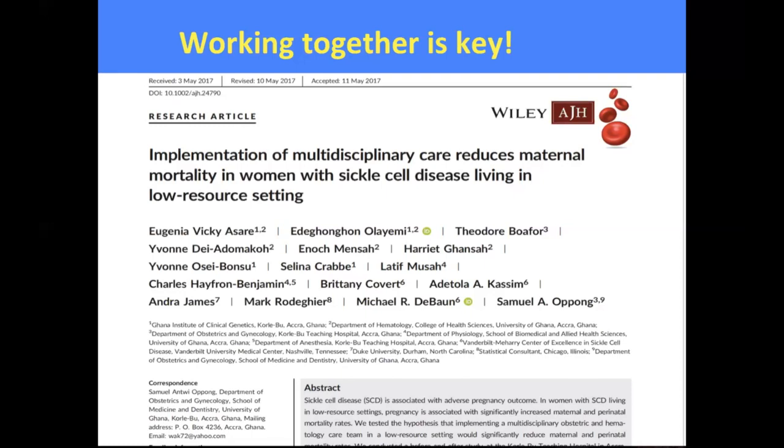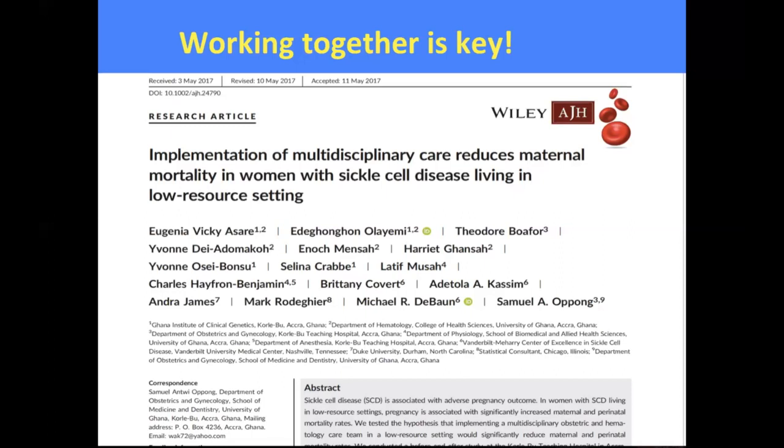So the obstetrician, the hematologist, the anesthetist, nurses, and I can't remember the third person, all came together to see whether there was a way they could profile or come up with strategies that would help in reducing this very high mortality amongst pregnant women with sickle cell. So you see, the obstetrician didn't say, these are pregnant women, they're my patients, so I'm going to do it alone. The hematologist didn't say, these are patients that have a hematologic disorder, sickle cell disease, so I have to take care of them alone. No, they all came together to see how they can help these women.